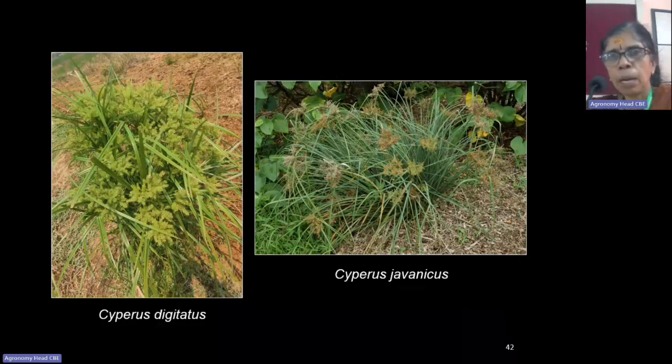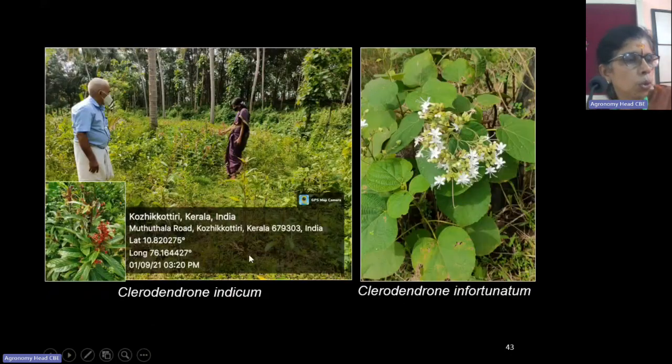You might have seen coconut plantations with trenches. In the trenches, water will be there because it is typically lowland. So in such a coconut garden, this Cyperus javanicus was found. And this is an invasion of Clerodendron indicum from a field nearby. This has been mainly due to improper management. Improper management also can help the plant to survive, because here what the farmer did is, this is a